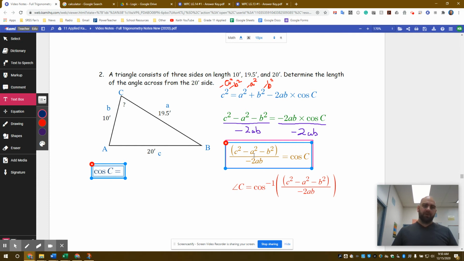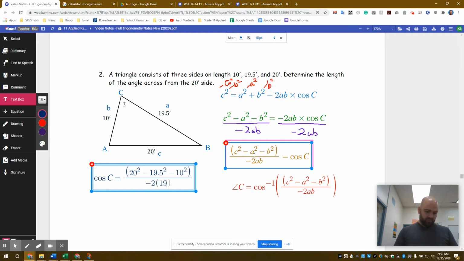So I'm just going to plug in all of my values. Now you'll notice that I always open up a set of brackets, and that's actually pretty key, and I'll explain why in just a little bit. Negative 2 times, what was this, A and B, so 19.5 and 10. All right, I do a set of brackets because whatever's on top, we have to make sure that we do